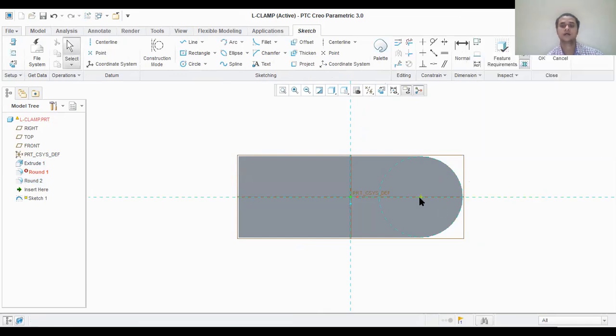Here, I need to draw two circles. One circle has diameter 16, and another circle's distance from the center is around 24. It is 24. Then I'll click on circle. Then from this position, I'll be drawing a circle. I'll try to draw it as small as possible. And again, at another distance, I'll place a circle.